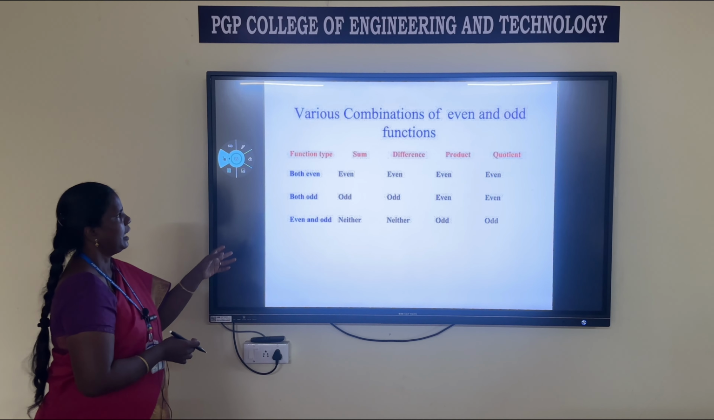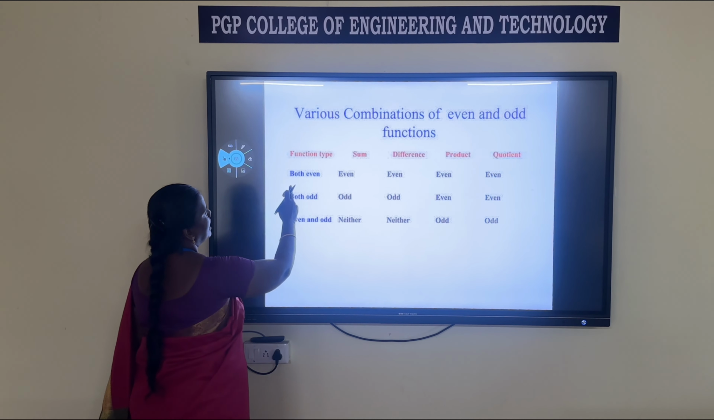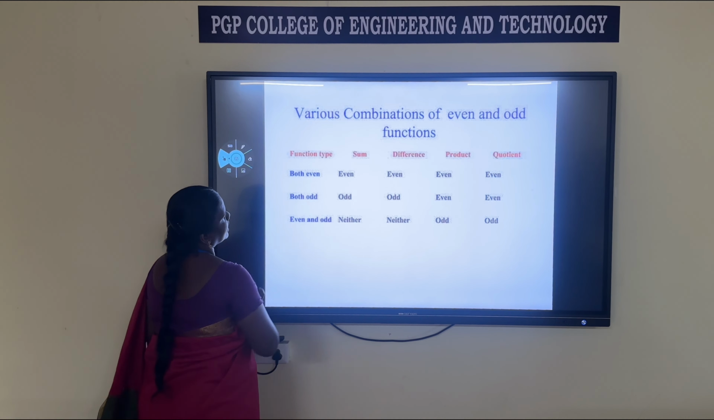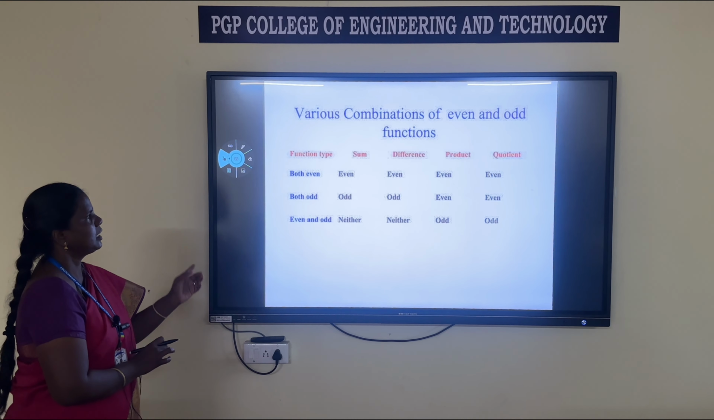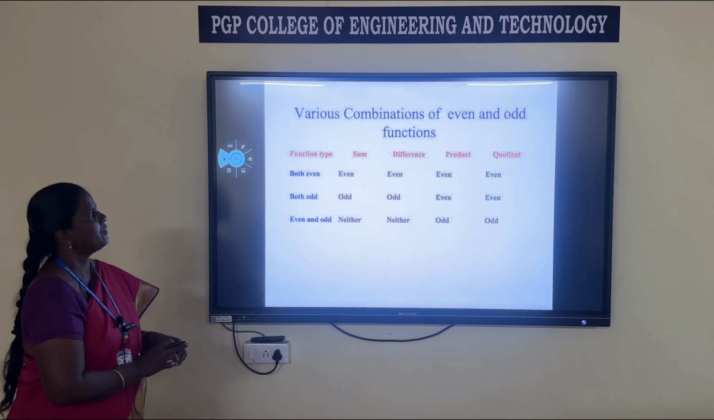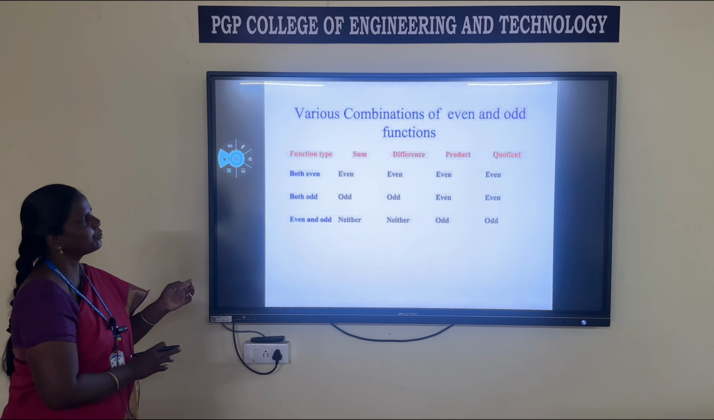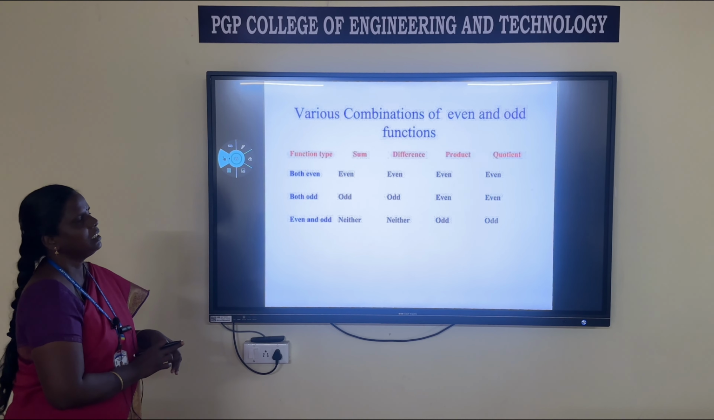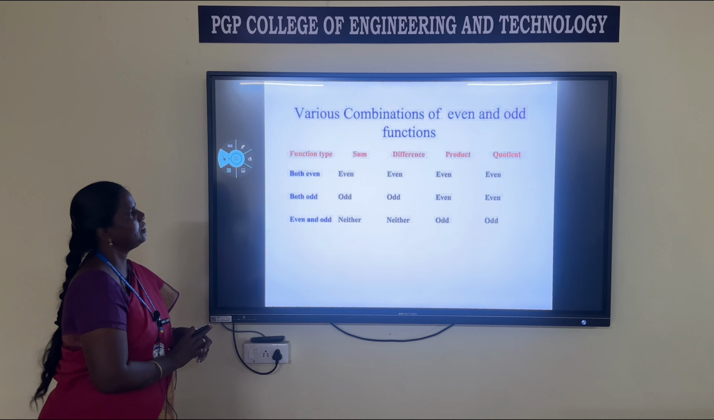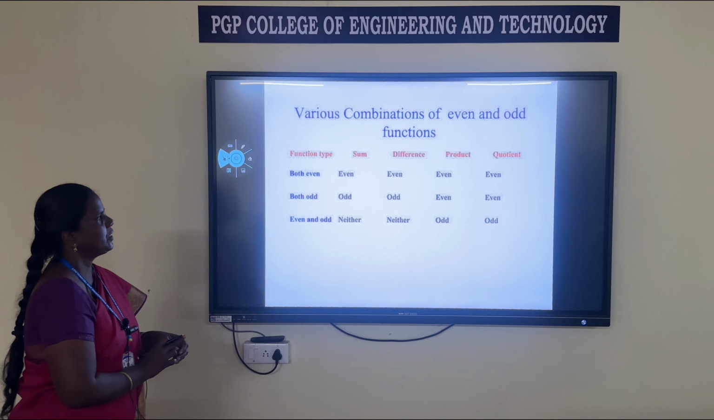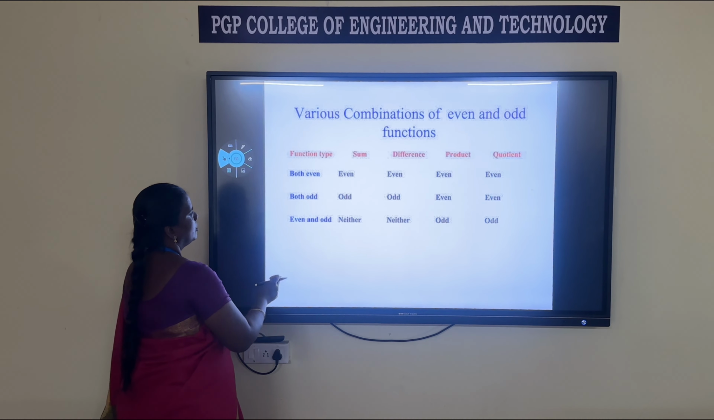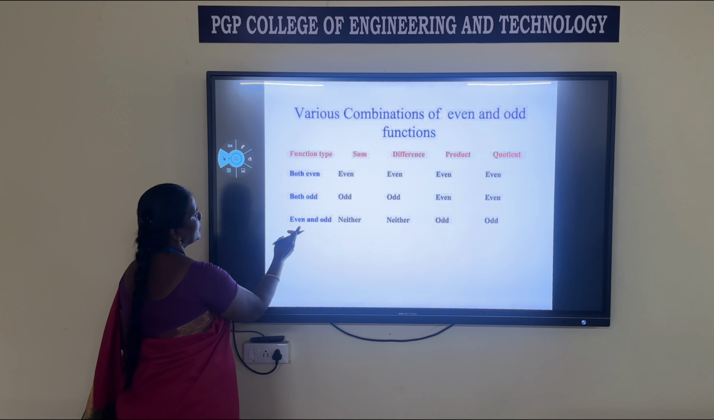Actually, if we sum two even signals, we get an even signal. If we take the difference of two even signals, we get an even signal. The product of two even signals gives an even signal. The division of two even signals also gives an even signal. But even and odd,